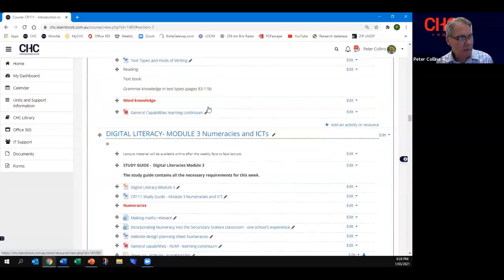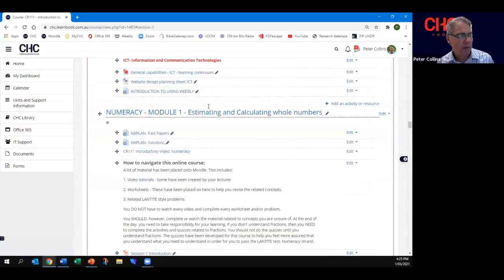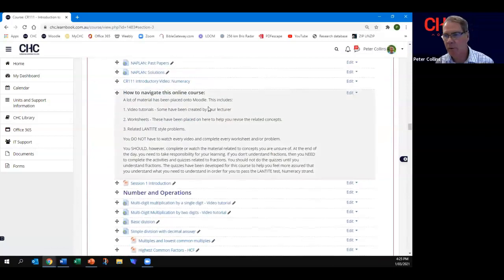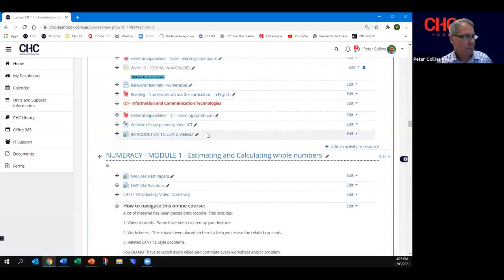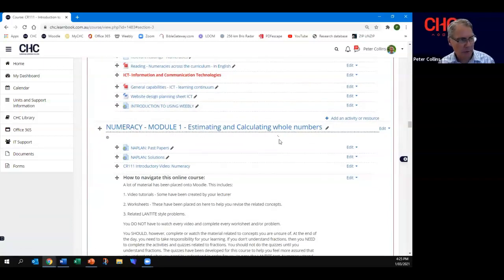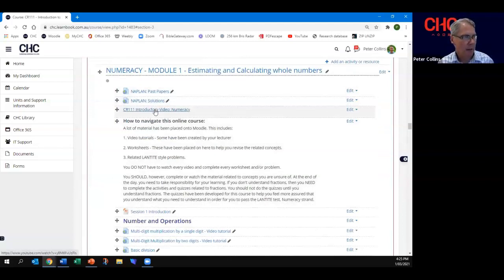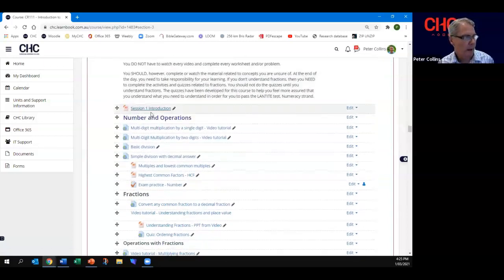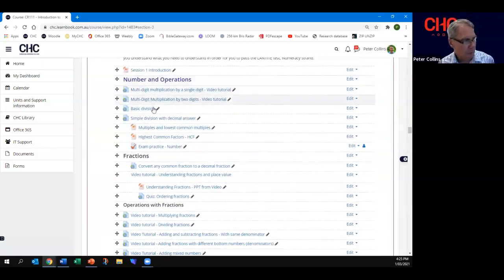So you have 3 digital modules, I said, and then there's a numeracy module. I'm just going to have a look at one of those because the numeracy and literacy modules are a little bit different. They're very self-paced in terms of what they've got. So this is the topic, and in the topic you'll have NAPLAN, which, if you're familiar with that, in Queensland it is, or actually across Australia, 3, 5, 7 and 9 testing, and it's year 9 testing. Bit of an introduction, and here is web links,